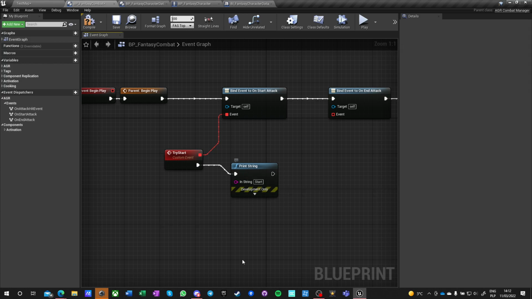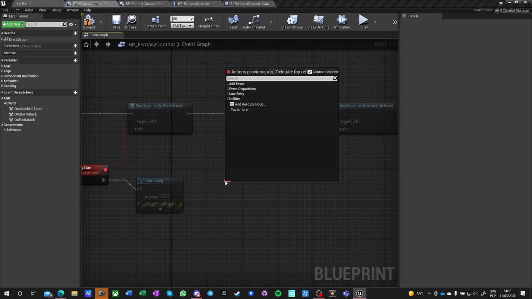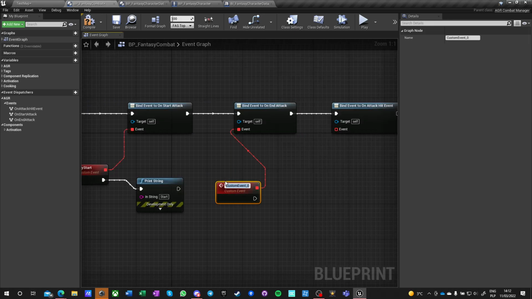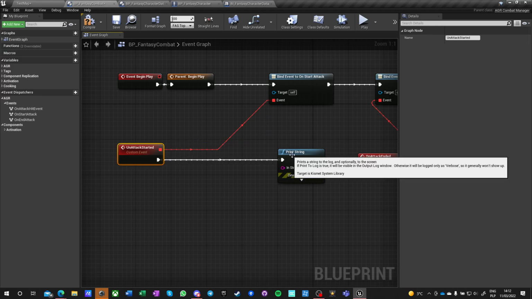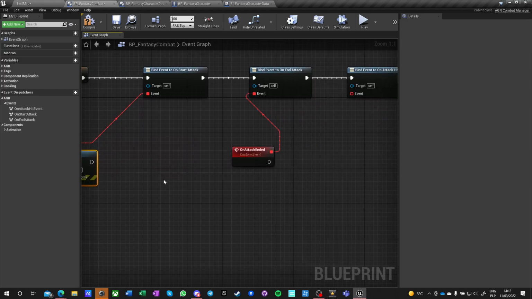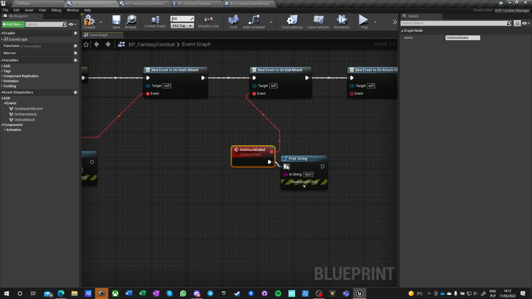I mean, why? But yeah, okay. Try start custom event on attack ended. This would be called on attack started. I'm going to do this, this,